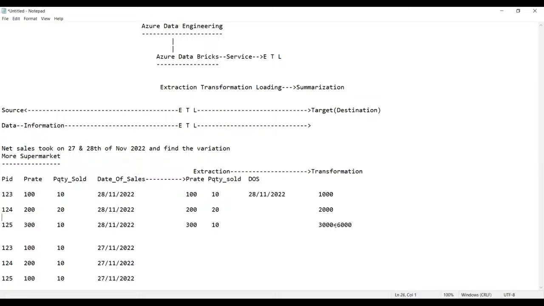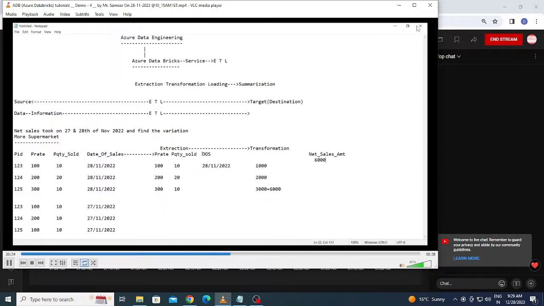I'm writing here like this. Can you see here? I'm creating a new table here, with a name called net sales amount. Simple. Net sales amount table. Now guys, below this I will put the value, the net sales amount. What is the value of the net sales amount? Can you tell me? 6000. But now on which date this transaction took